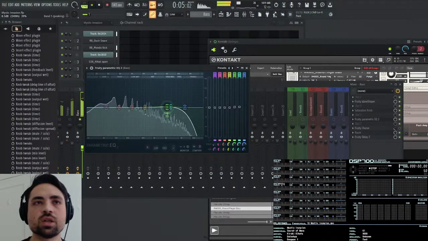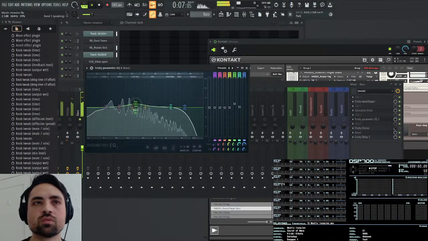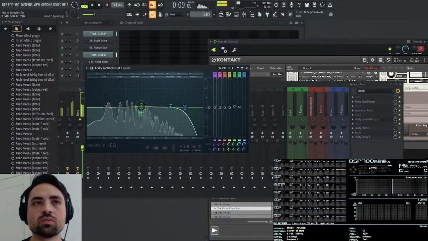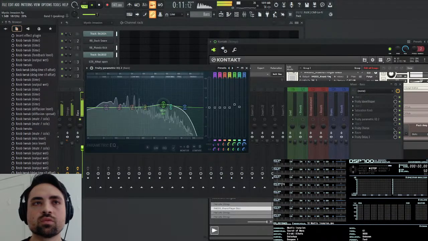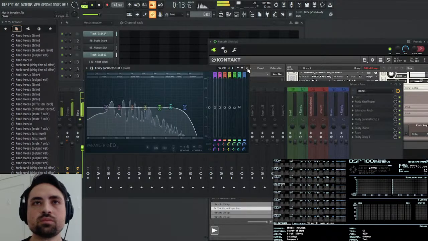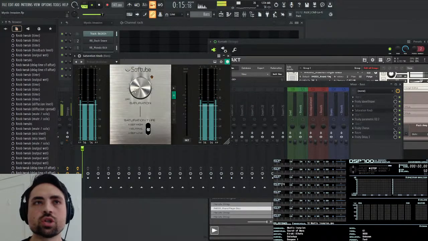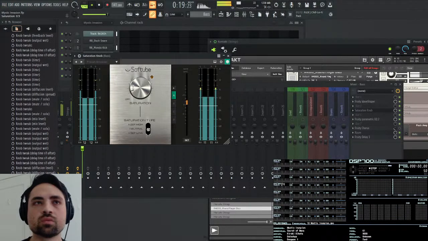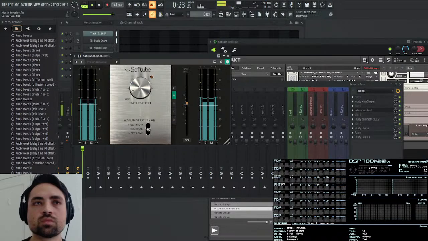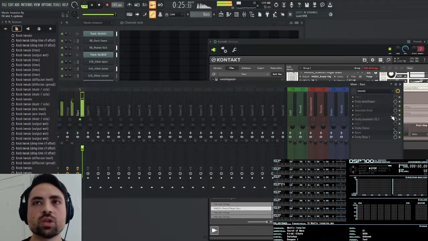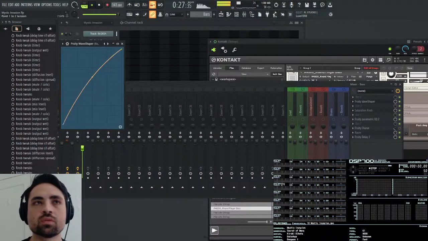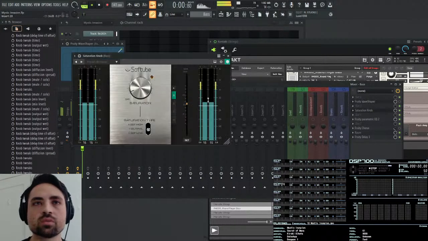Let me take this part down. I want to push the distortion a little more. I can't really push it much more. Let me try disabling the wave shaper.